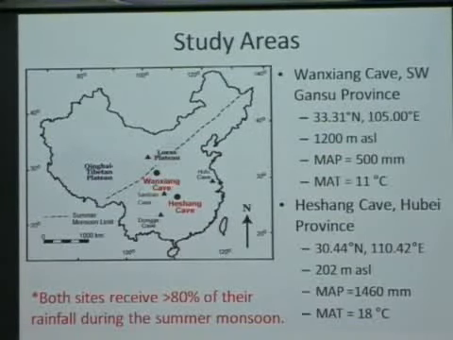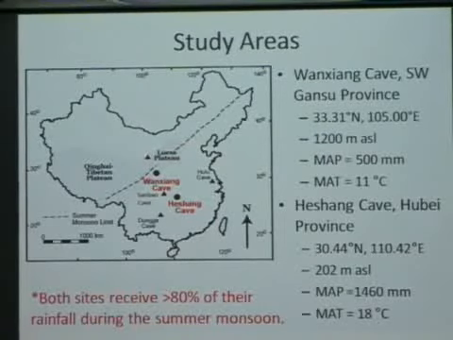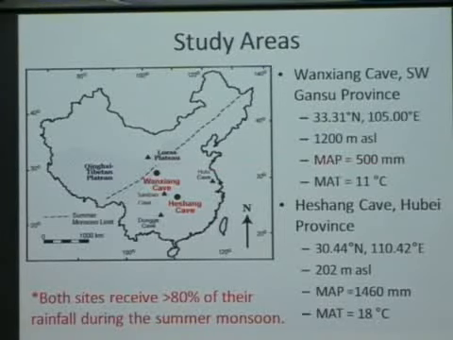Okay, so the study areas that I primarily work in are shown here in red. Heshang Cave here is near the northern limit of the summer monsoon. And Heshang Cave, shown here, is in the central Yangtze River Valley in a site that's highly influenced by monsoon rainfall. So Heshang Cave gets about a third of the annual rainfall as Heshang, but they both are strongly dominated by that summertime monsoon rainfall. I've also shown the location of 3 other caves, which I'm going to show you some data from, which have come from work out of Larry Edwards' group, which are Hulu Cave, Sanbao Cave, and Donga Cave.